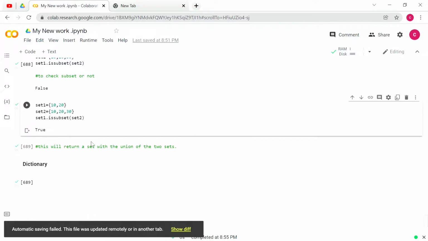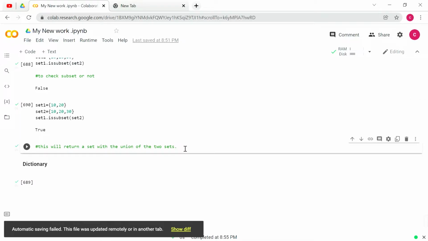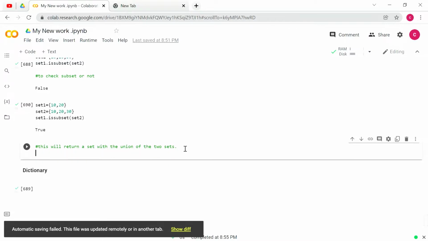Next, we need to create the union of two sets. To create the union of two sets, we give the code set1.union(set2). Here we need to run the code and find the result.